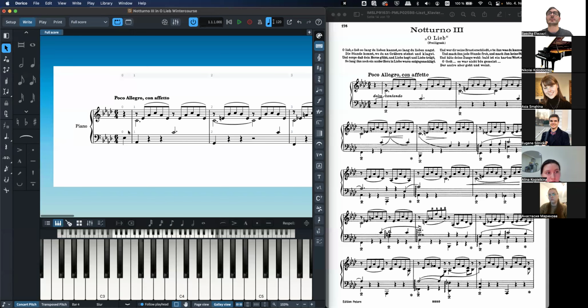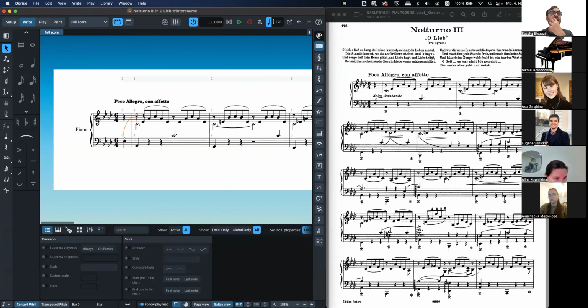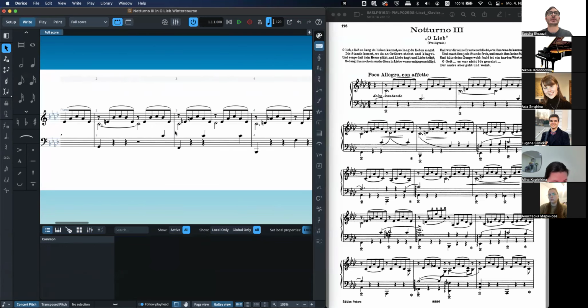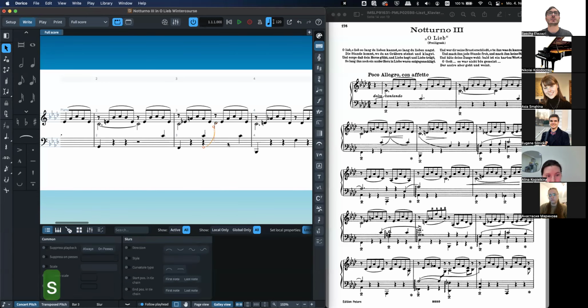Now, I want to have slurs. So the first slur I want is from this note to this note. And again, I can create a slur, but you see it looks a little different. I can go to the properties of the slur, and here under direction, I can choose the right direction. And I want this kind of S-shaped slur. And yeah, so this is what I have now. And apart from that, we need a slur from here. And I think the direction is again,